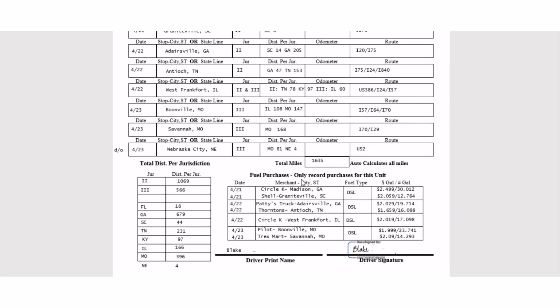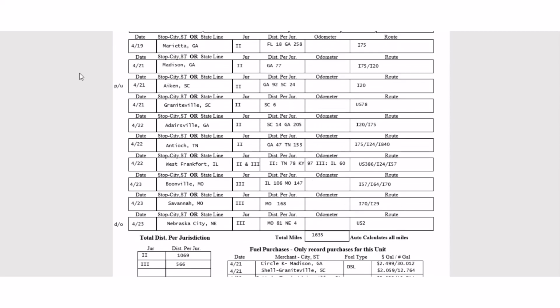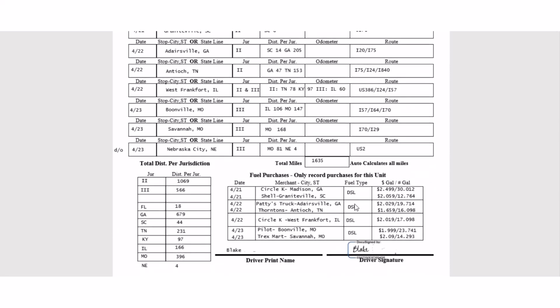It says fuel purchases only record purchases for this unit. So this is just this truck, and this is from pickup. I labeled when he picked up in Aiken, South Carolina, and then when he dropped off in Nebraska City, Nebraska. Okay, so this is all the gas station stops that he made from point A to point B, and then I listed how many gallons it was, how much it is per gallon, and how many gallons he used. Okay, you have to name the merchant, who you bought it from: Circle K, Pilot, Love's, and then the